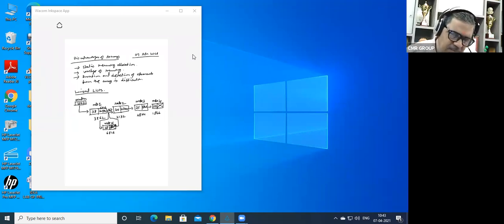Now, for example, I have the same header, 3862, which is at node 1. N1 is there, 38, and 2132. Next is node 2, which is 40 and 4844.